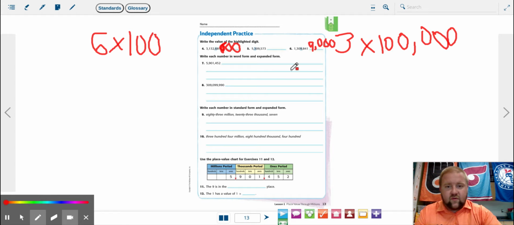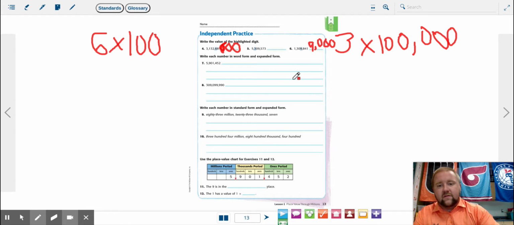Okay, so when we look at these examples where it says write each in word form and expanded form, I'm not going to sit and do the word form. I'm just going to review how to read these numbers. Some of you might think that's a little crazy, but some of you may also need it. So I'm going to go over that. All right. We always read the number that is in the period, and then we say what period it is in, right? So this one we have a 5, and then we have a comma. That's the millions period. So that would be 5 million. Then we read the next number,